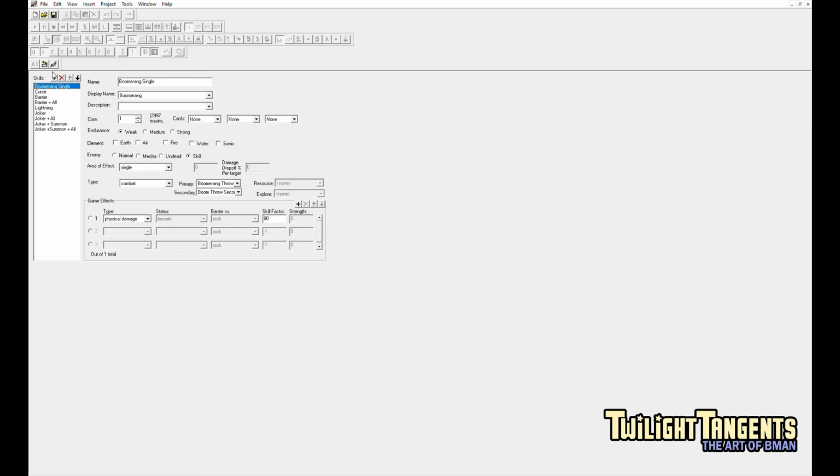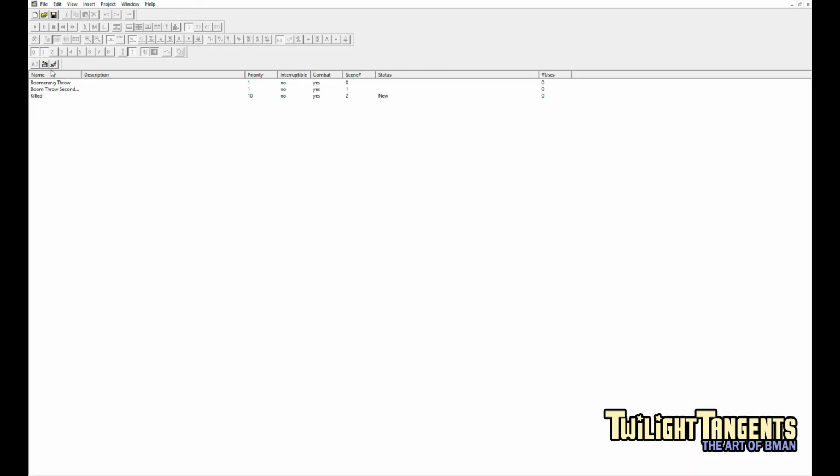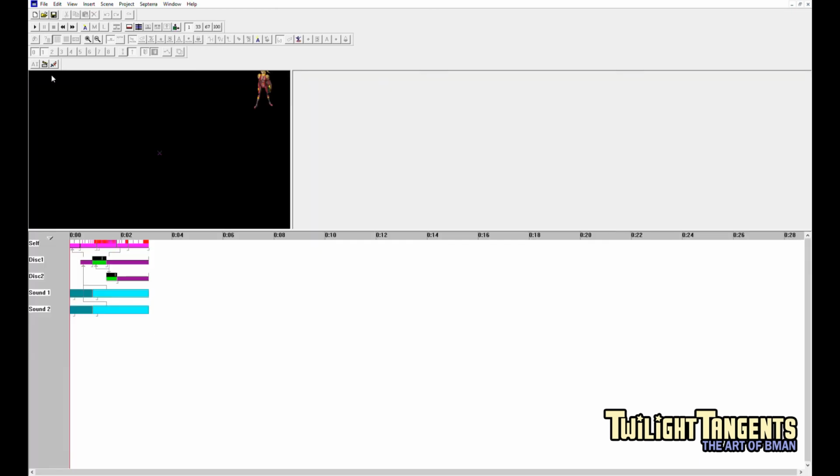And we would be able to use the scene system to set up those animations so that when she actually does her boomerang throw, she will play this scene, which is...